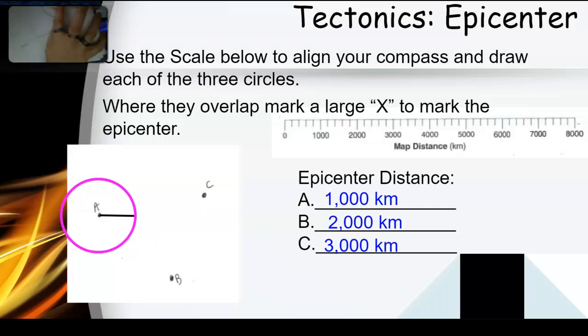I will then come and take my dot again and put it, because I did the B at 2,000, I'm going to put my compass right, sorry, this is a little cumbersome, on the bullseye,